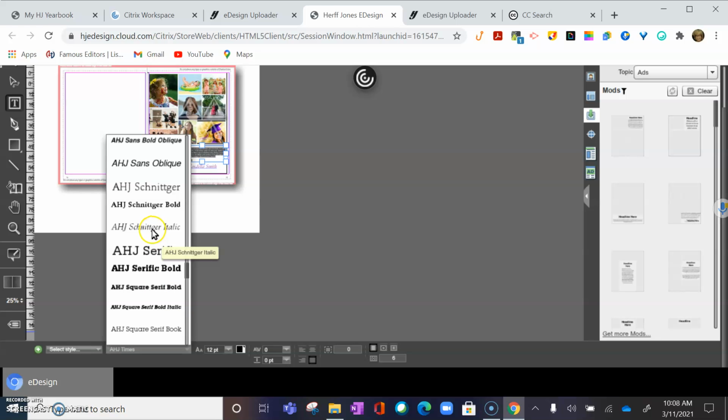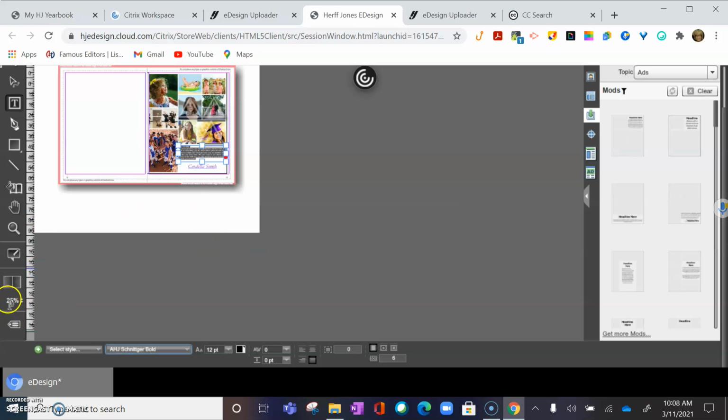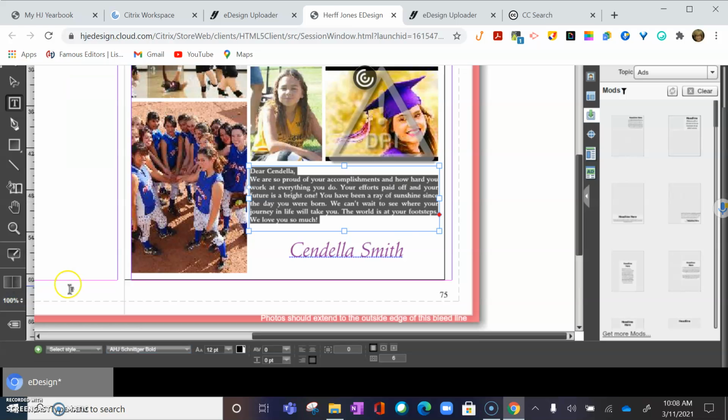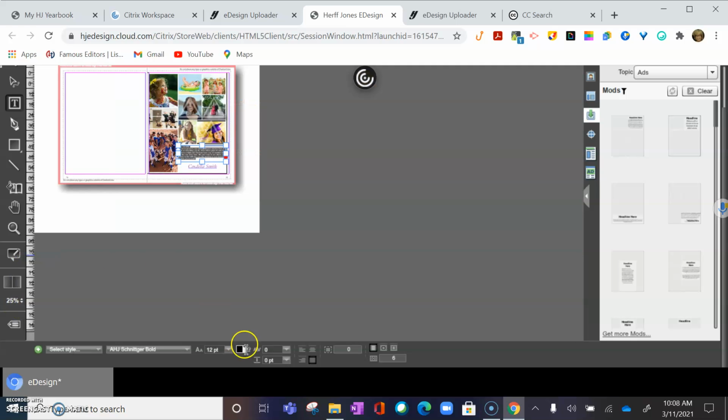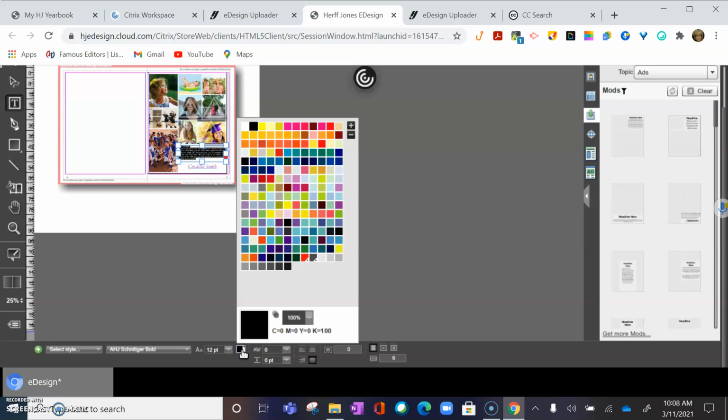Try to find one that's kind of like writing, maybe that one. And then when you go back, you can kind of see what it looks like. Maybe I wanted it to be a different color. You're going to have to play around with the colors. The color is right here beside the font size. So you have an array of colors, and then you also can change the depth of them to percentages